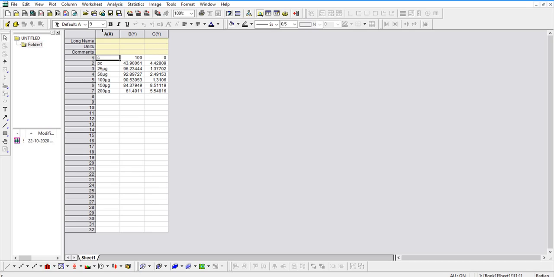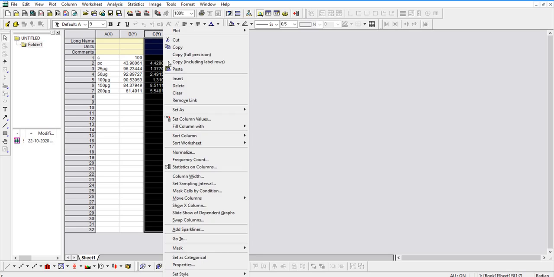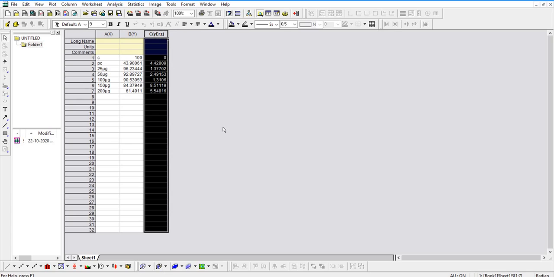Now see here, A, B and C are there. A is the naming, B is the average value, C is the standard deviation error value. So you set that as the error value. Click that C, right click, set as Y error. Now you have set the error value.